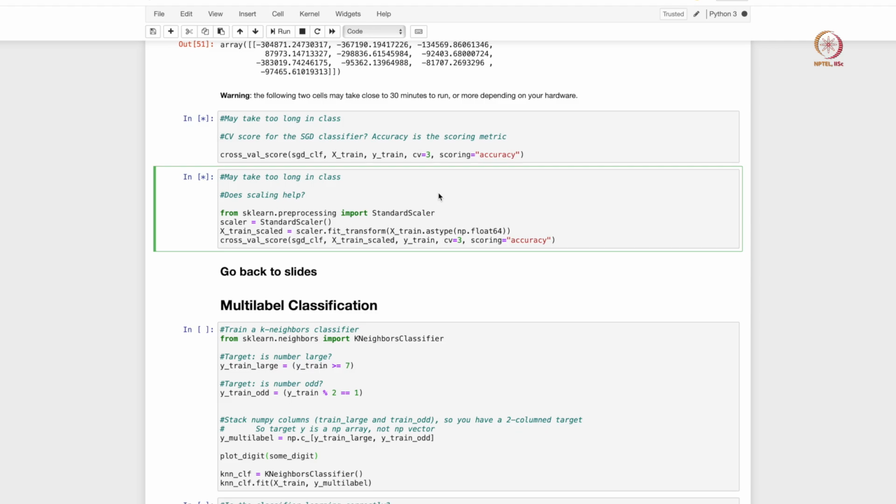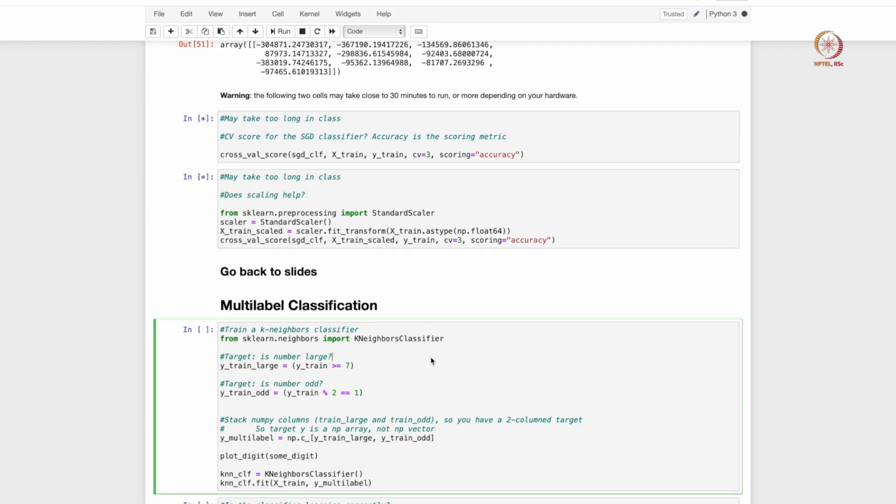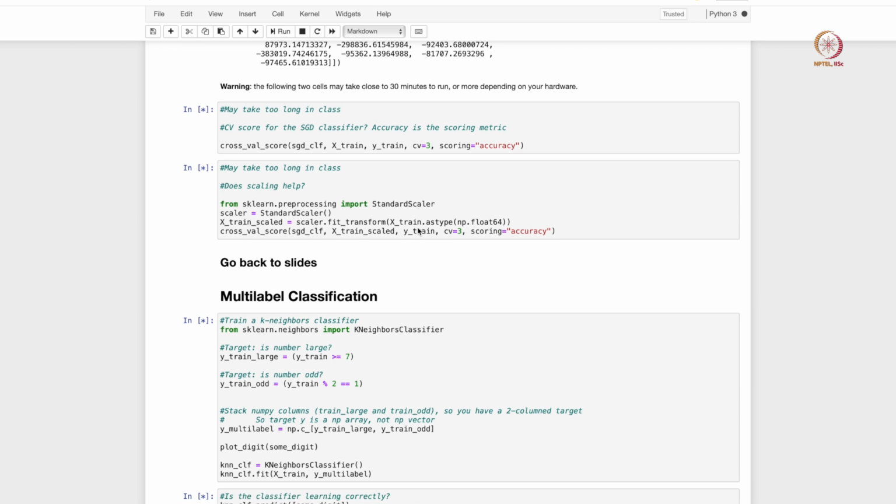Our data is all 0 to 255 numerical values, right, within a 28 by 28 grid. So we can do a simple standardization, and if we do standardization you will see that the model scores actually improve, right. We will come back to these, as these may take a little more time. We can come back to these after going through multi-label classification.